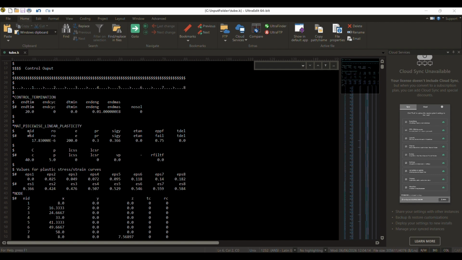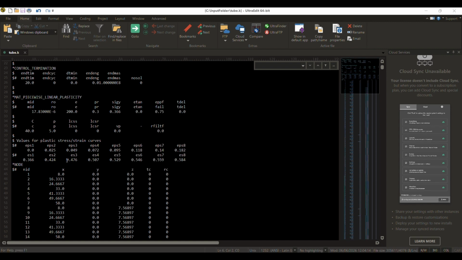As you can see, for the metal defined, we have the rho, which is the density. We have also the elastic modulus, or Young's modulus. We have also Poisson's ratio, the yield stress, and the plastic stress strain curve. You can see that here in the editor or text file. Well, if you want to see it in a more friendly way, you can always use